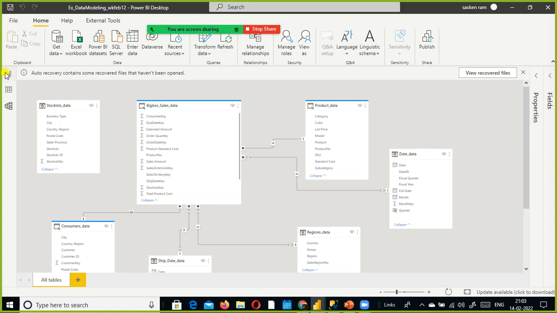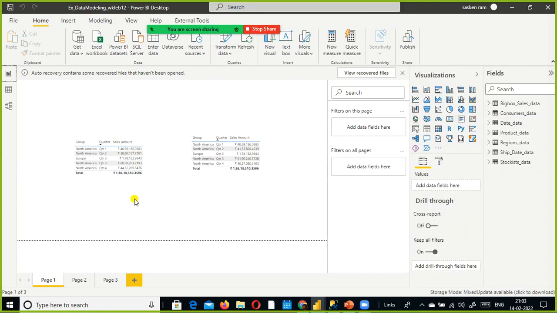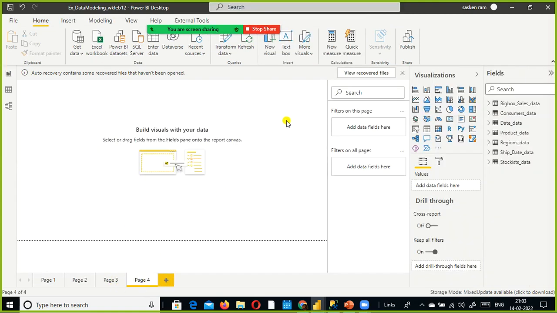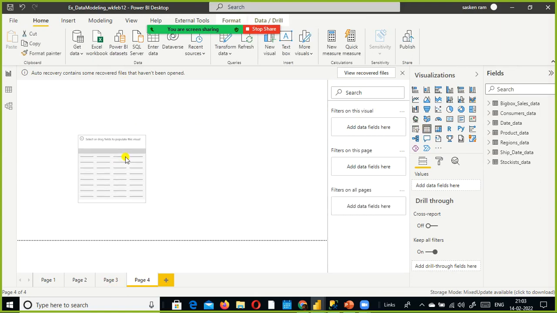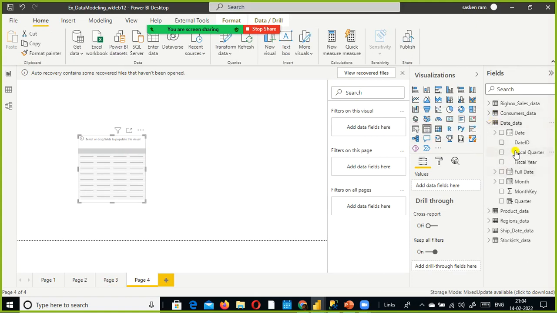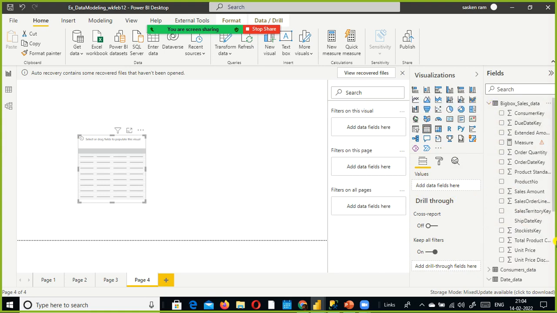Now I go to my report canvas and select the table visual, and I use my date table here. I want to check the quarter-wise sales. Before that, I go to my sales table, because I need the sales amount.